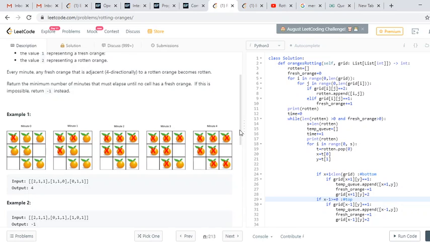Now, I'm explaining how I wrote this code. First of all, I took a list. You can consider it as a form of array.